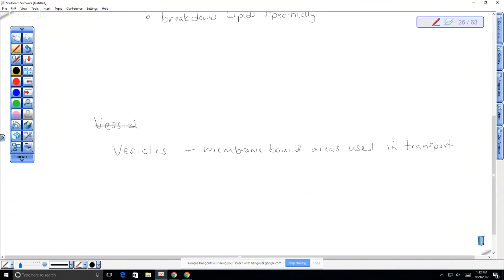And the transportation of the vesicles throughout the cell is regulated by a couple of things. So we have what is called a cytoskeleton. And the cytoskeleton is protein. So the skeleton of the cell, there's protein in the cell, and it gives it its size and its shape, and it also determines how things move, okay? So this is important